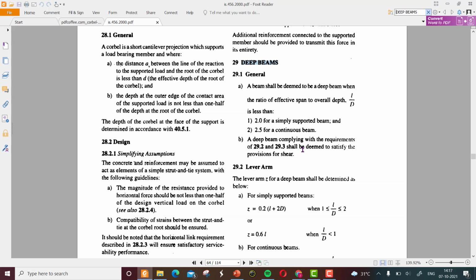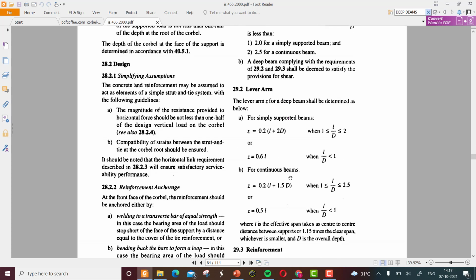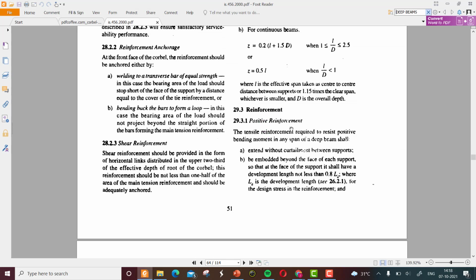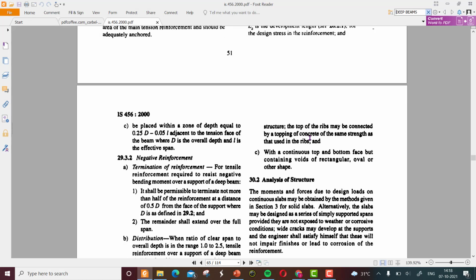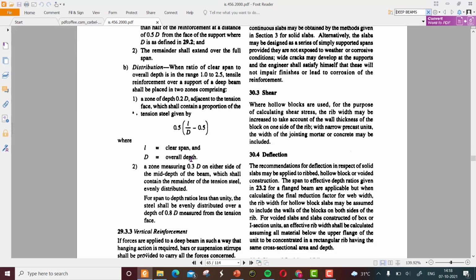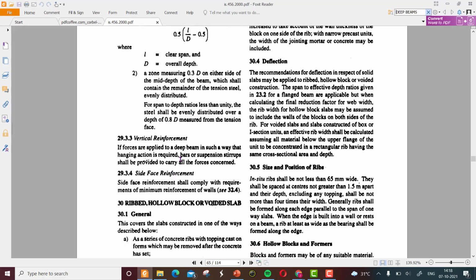So we can see clause 29, the deep beam. There are some general definitions on how it is defined, and the lever arm conditions, and the minimum reinforcement in positive reinforcement, that is sagging reinforcement, and the minimum negative reinforcement that has to be provided for deep beams. And also there are vertical reinforcement conditions and the side reinforcement condition. So coming back to the PPT,